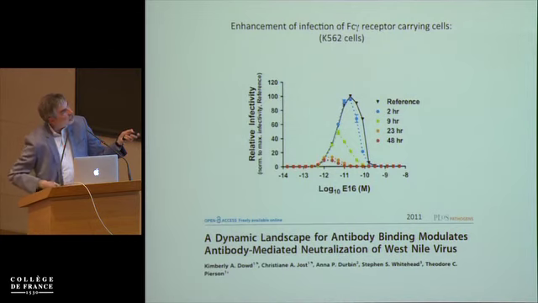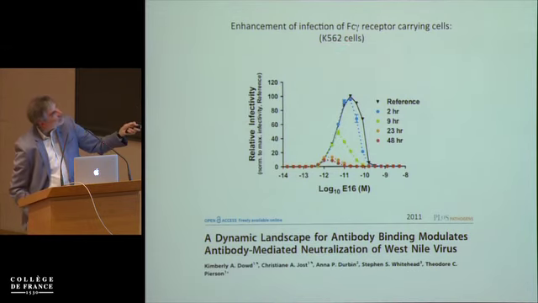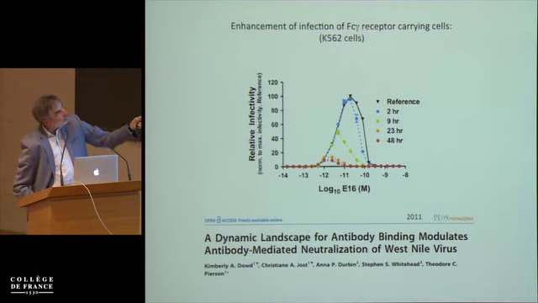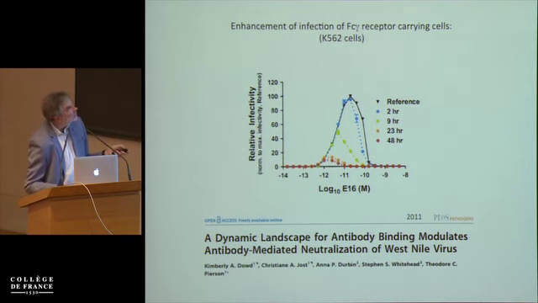The enhancement is measured on cells that are, for instance, here K562 cells that have the Fc gamma receptors, on which, if you have no antibodies, these cells are not infectable. And if you measure here the infectivity at a certain fraction of the antibody, you begin to have infectivity. And you get infection, and then when you put enough antibody, you neutralize the infection. And this is by waiting also certain times, incubating with the antibodies. You see, you reduce the IC50, and you reduce the amount of enhancement that you find.